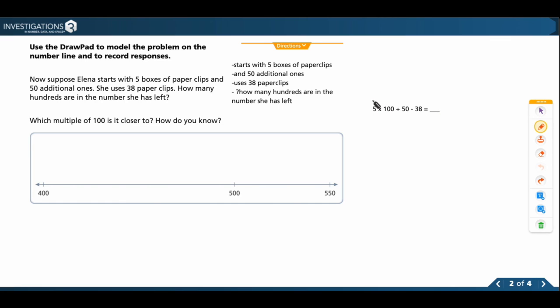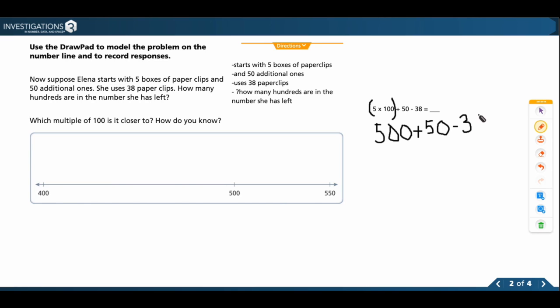So we need to first figure out how many paper clips she has. And 5 times 100 would be 500. And then we're going to add 50 because that's what happens next. And then take away